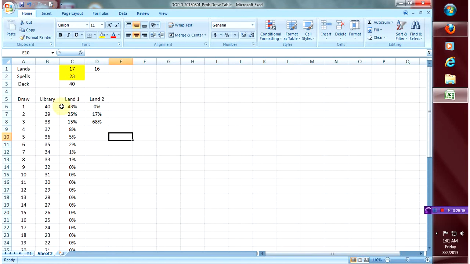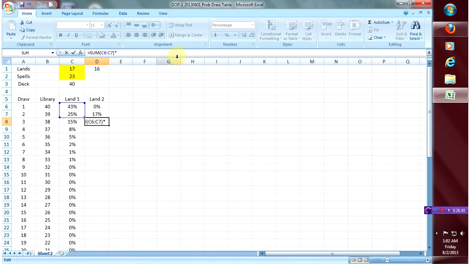There was a 43% chance I draw land number 1 on turn 1, 25% chance I draw land number 1 on draw 2. So there's a 68% chance I draw land number 1 on draw 1 or draw 2. So 68% chance that I have already drawn land number 1,